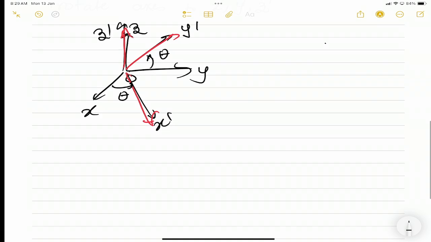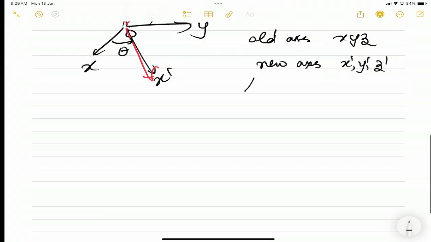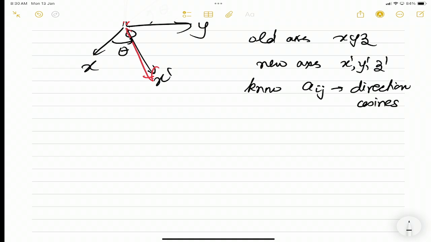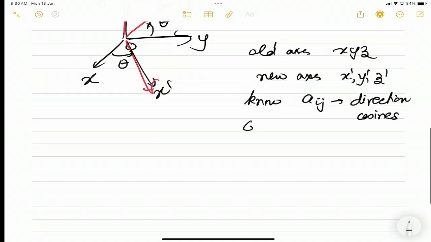So now my question is, the old axes were x, y, z. The new axes are x prime, y prime, z prime. We know the direction cosines. That means we know how the new axes are formed with respect to the old axes. And we'll just see what they are. But then, given this, the question is,